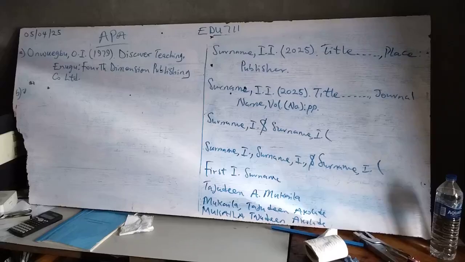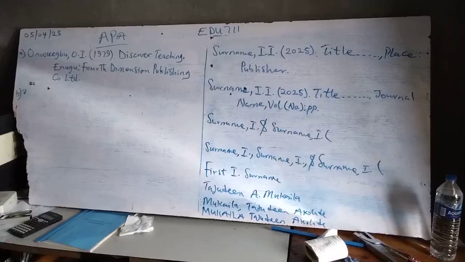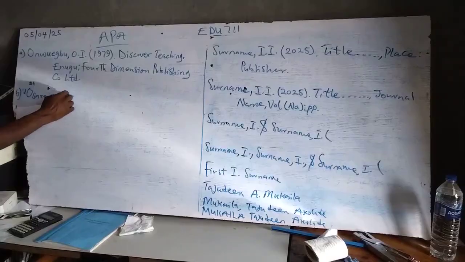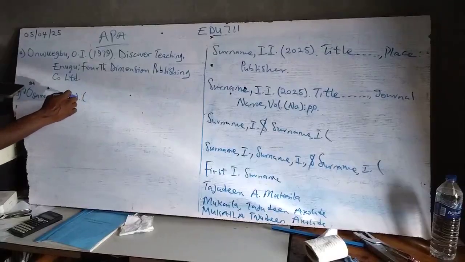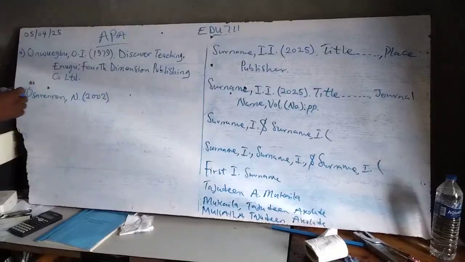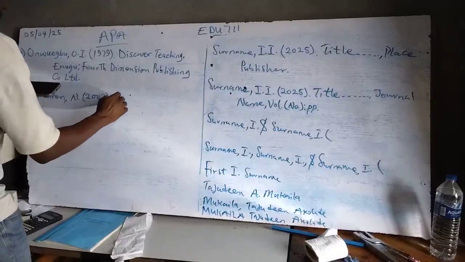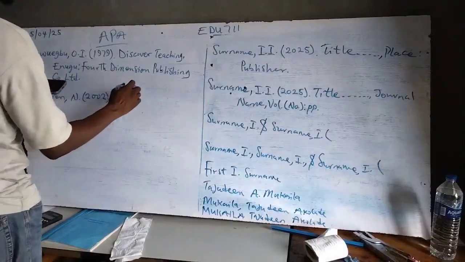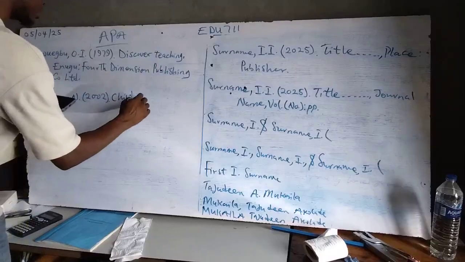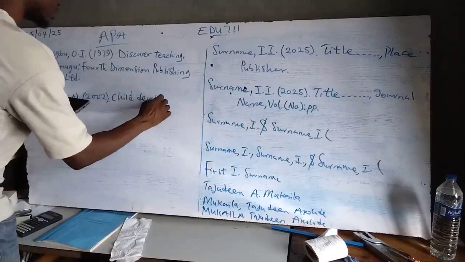Look at the name. We have authored by Ngozi Osanere. So definitely Osanere is the surname. So Osanere, comma, N in brackets 2002 close brackets. Then child development. Sorry, this is supposed to be in lowercase. Child development